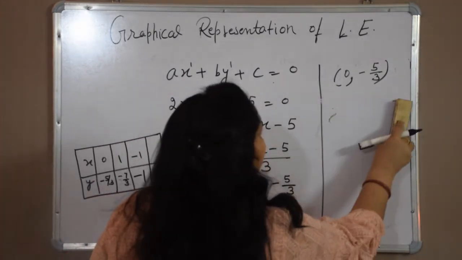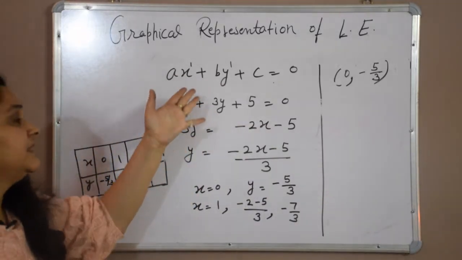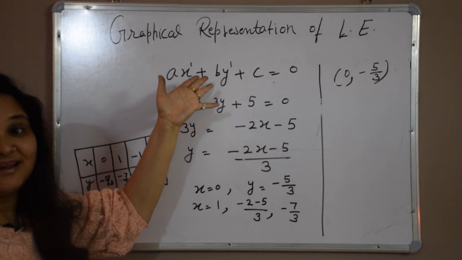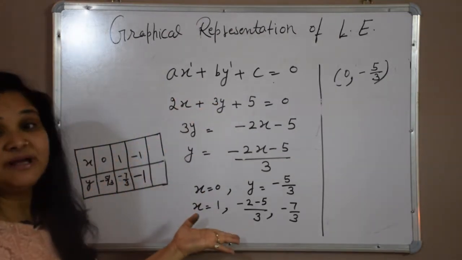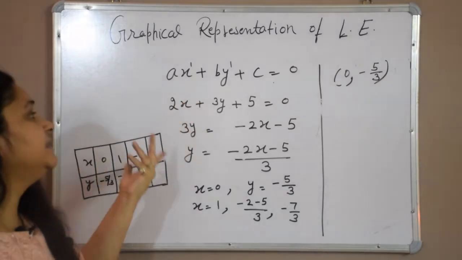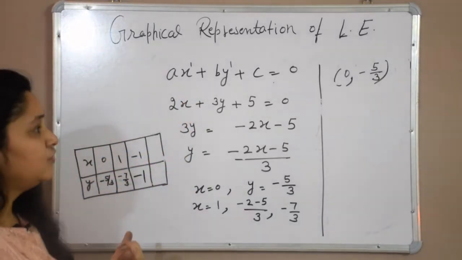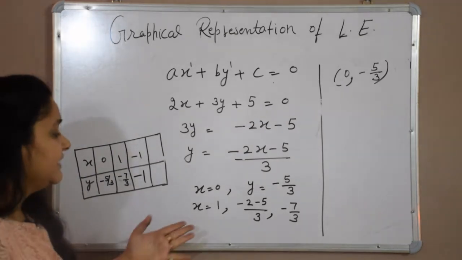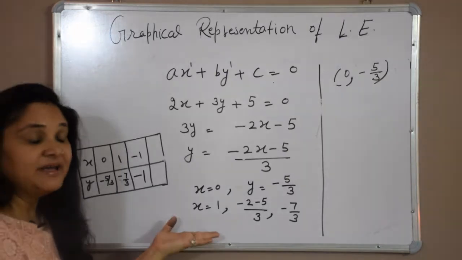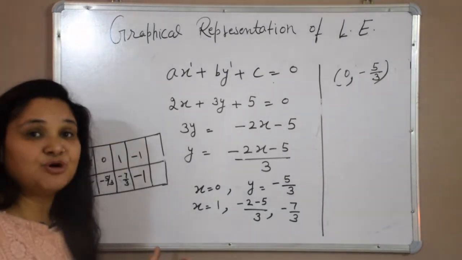You can take more solutions. How many solutions are possible? Can anybody tell? Yeah, because there is no restriction on x. We can choose x anything. We can choose x minus 5, minus 4, minus 100, minus 1000, and accordingly I can find the values of y. So there are infinitely many solutions possible.